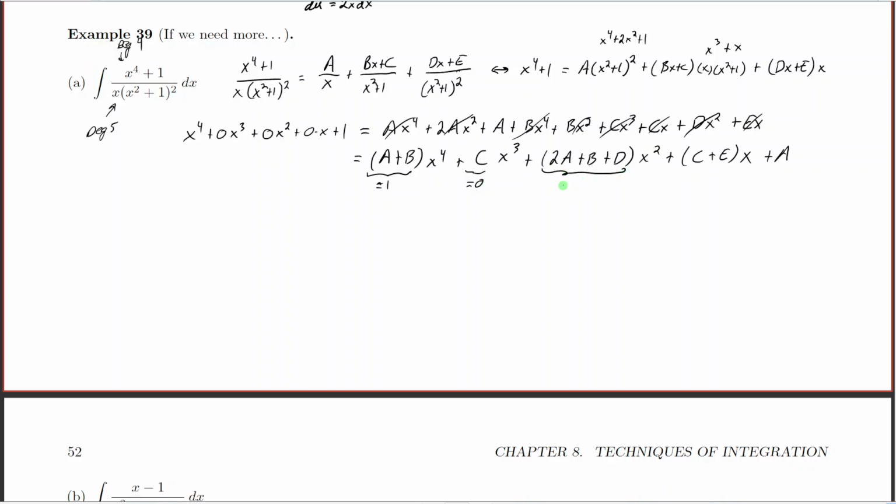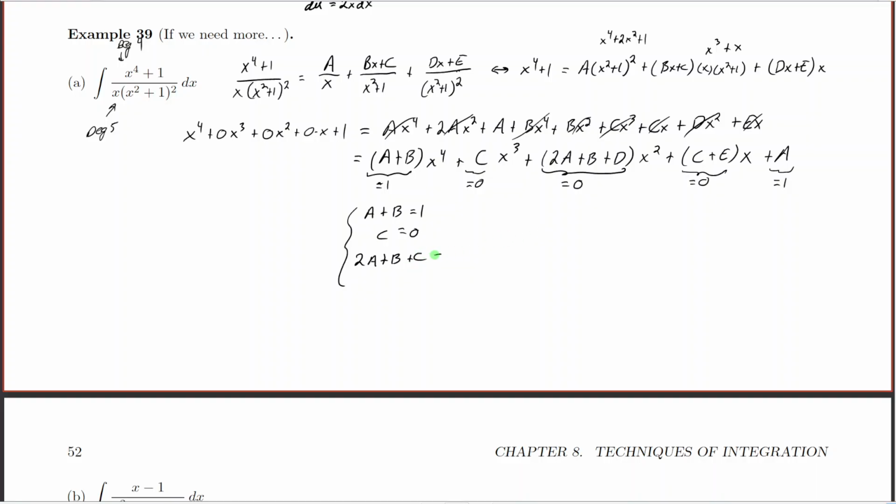2a plus b plus d is going to be equal to 0. c plus e is equal to 0, and a is equal to 1. And so we get, let's just go ahead and write these down, but we're going to get a lot of these values directly. Again, a plus b is equal to 1, and I'll just write them down in the order that I described them here, but we already know that c is equal to 0. We'll be able to substitute that in